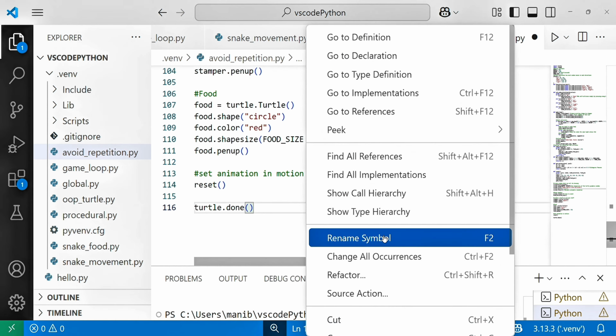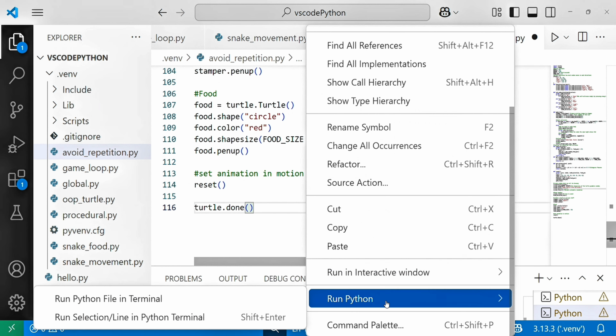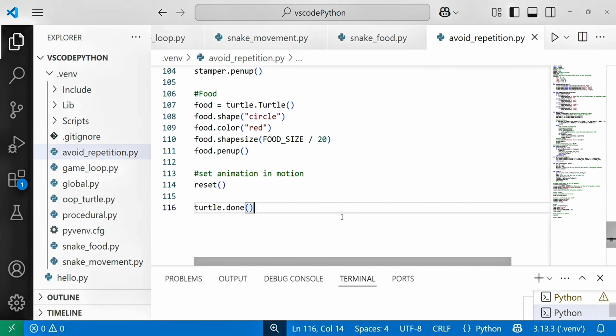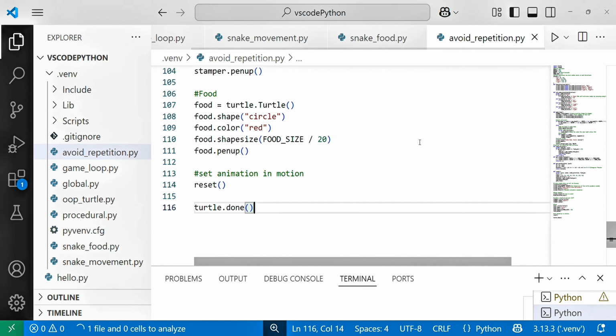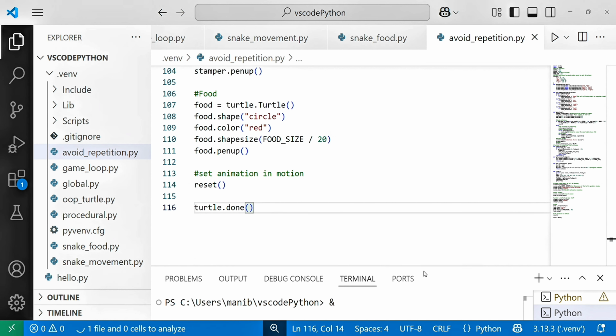And then let's write the directions, right click and then run Python file in terminal. Here is the game, and even though it is going out of the boundary, it is coming back.